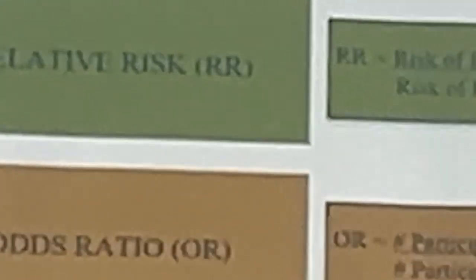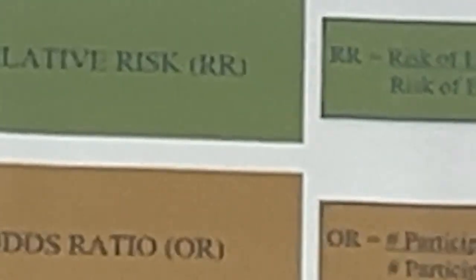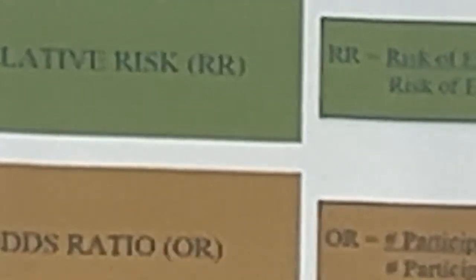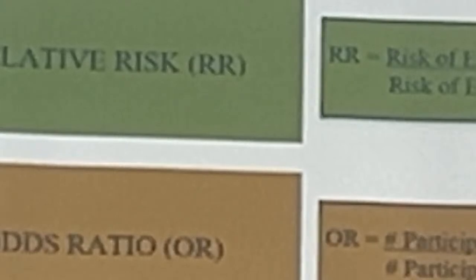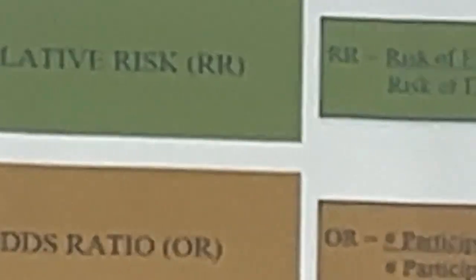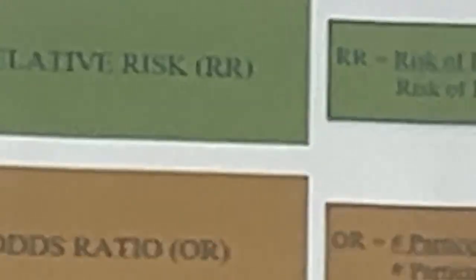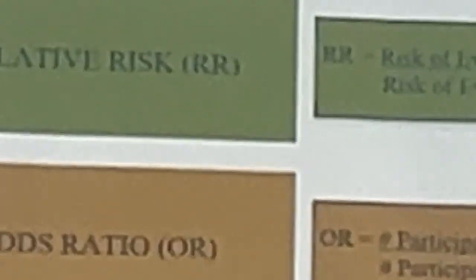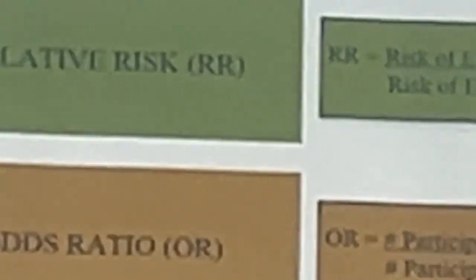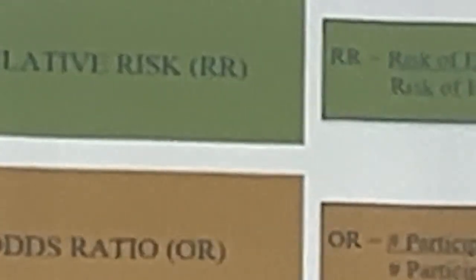And in the horizontal lines, we always use the comparators that we have. And every time you see a 2-by-2 table, you're going to count A, B, C, D. So it's like A, B, C, D. Okay? So if you want to calculate the relative risk, the odds ratio, and the risk difference,